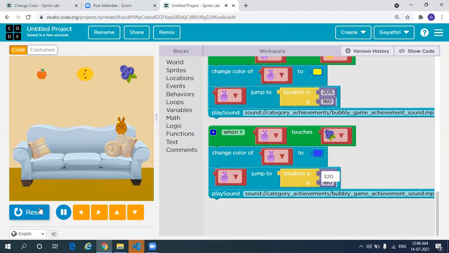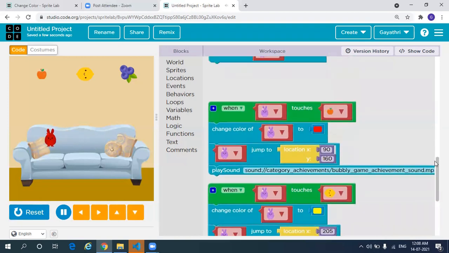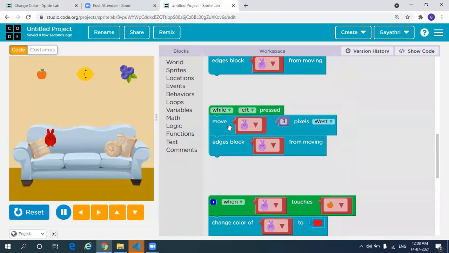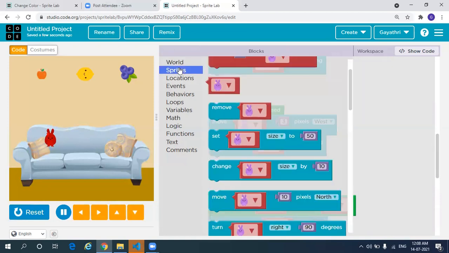So it changes to yellow, it changes to blue and red, right? So similarly, we can add sounds here while it moves as well. So for that, go to sprites.